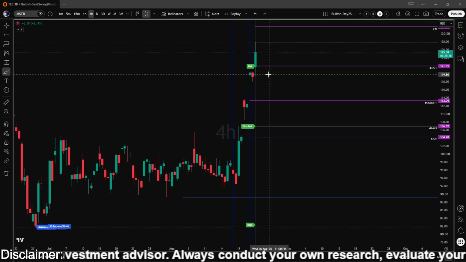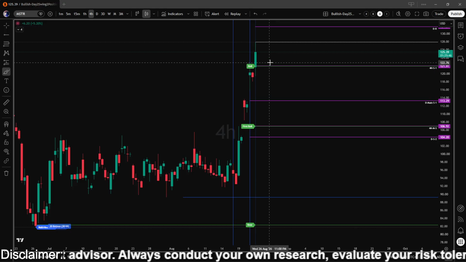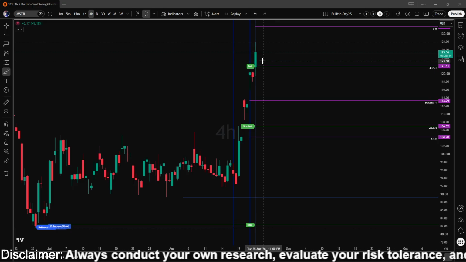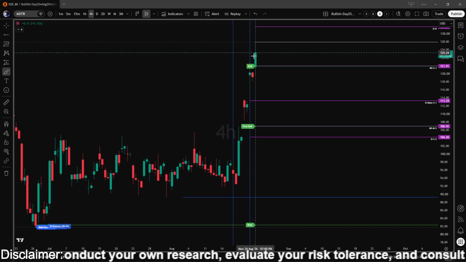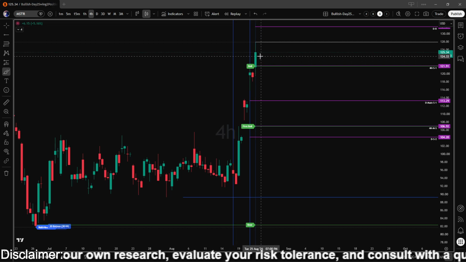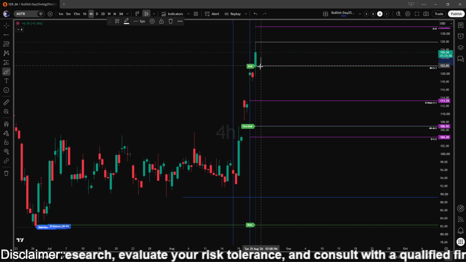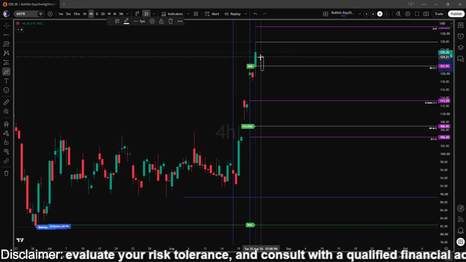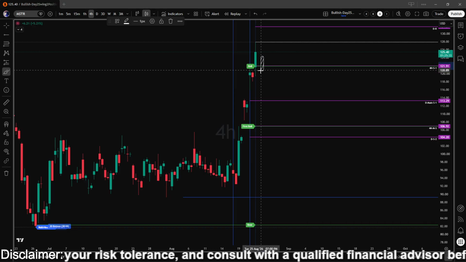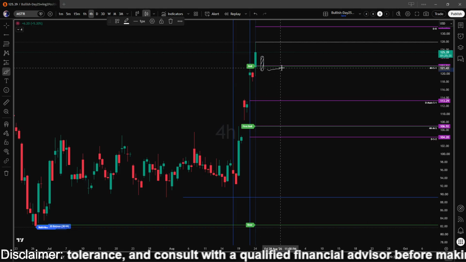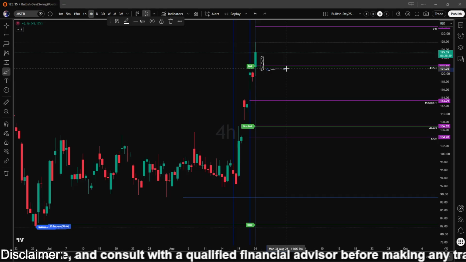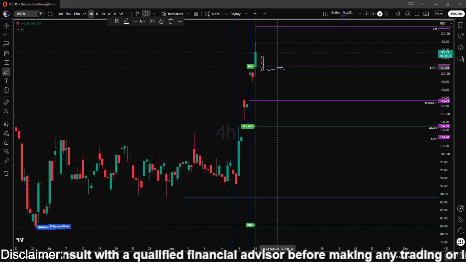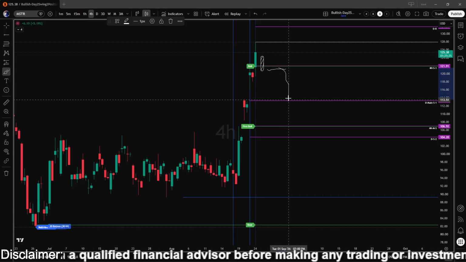The scenario for the downside, for the continuation, let's talk about the downtrend: if any 4-hour candle closes below this level, then there will be a scenario that price will most likely go for this level, and this is